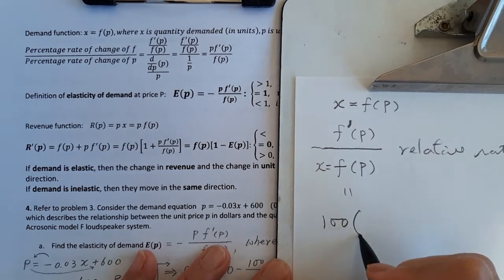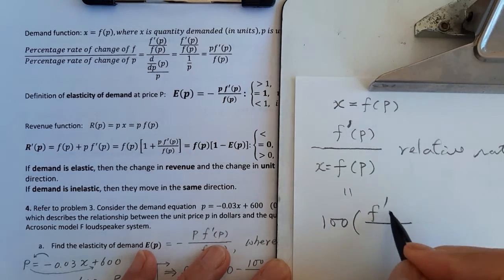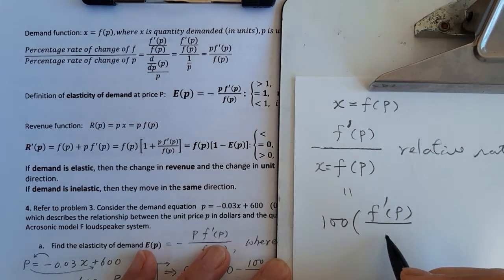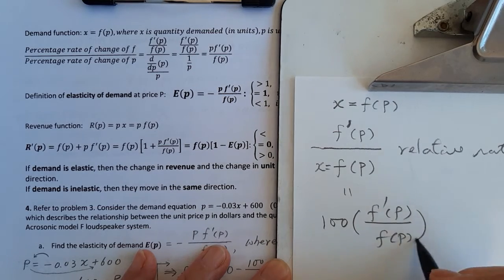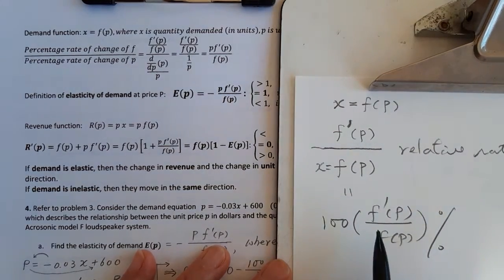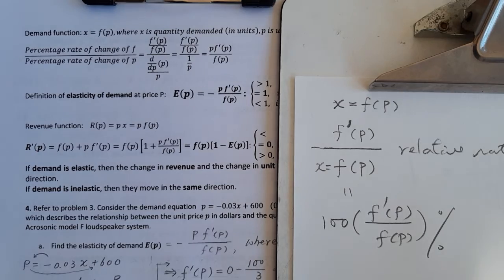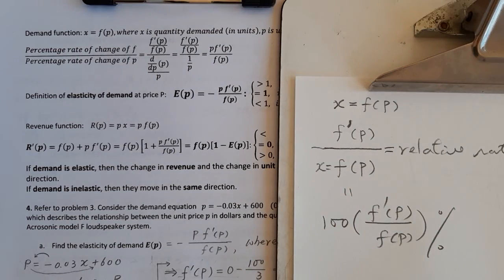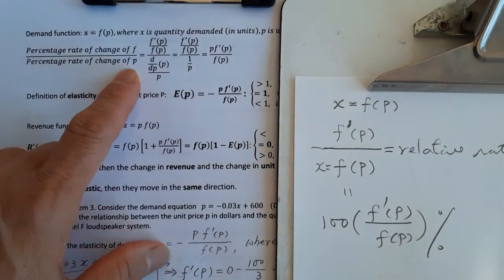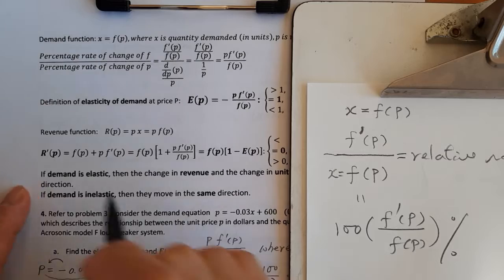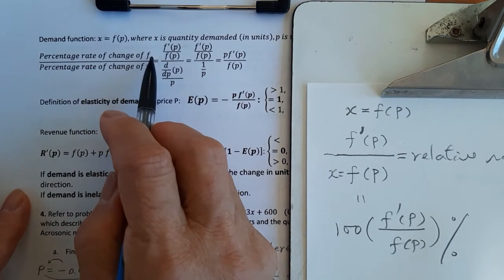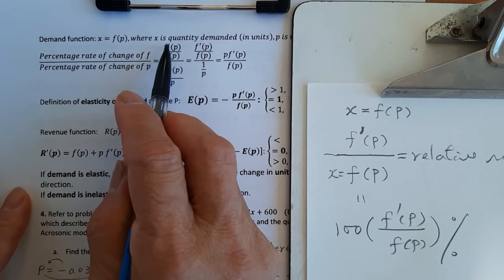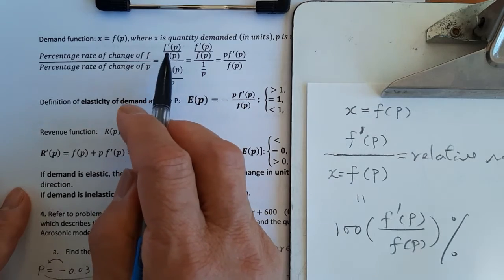And that is equal. This we call percentage rate of change. It's equal to relative rate of change. They are equal. Now the percentage rate of change is equal to the relative rate of change. So I put f prime of p over f of p